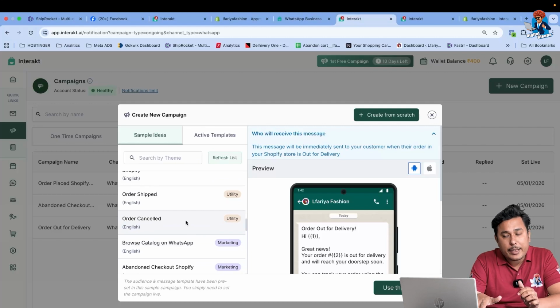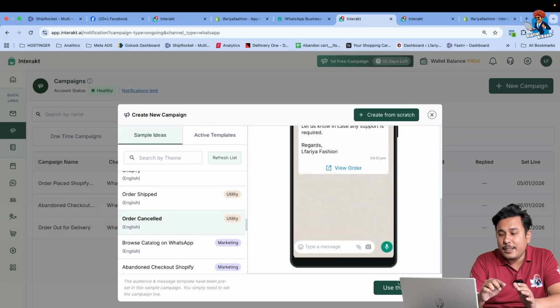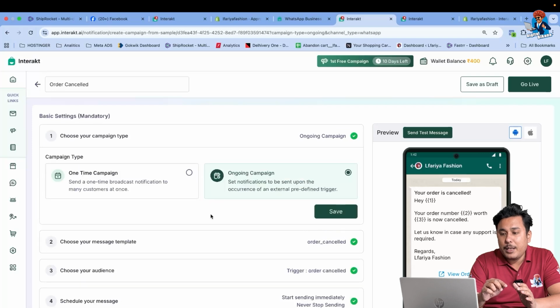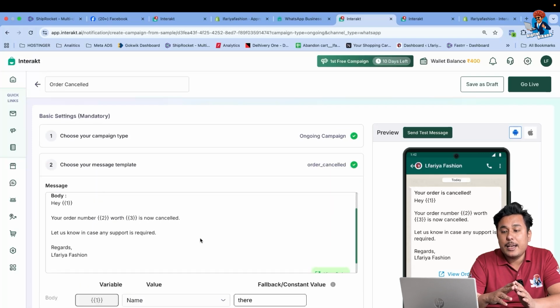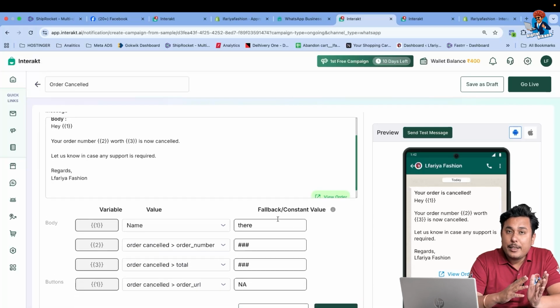I'm in Interact, and here we are in the campaign section and we are going to create a new campaign. So I have clicked on new campaign and this screen is appearing. Right here we just need to select the order cancelled, and this is the order cancelled sample. Use this sample. Each and every detail has been pre-filled because we have integrated this WhatsApp API with our Shopify